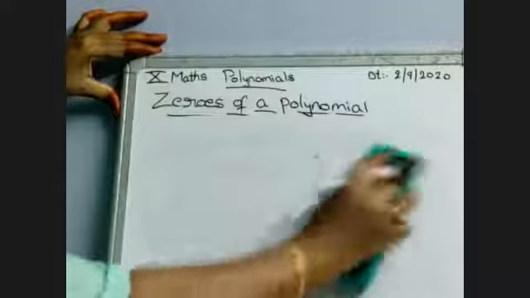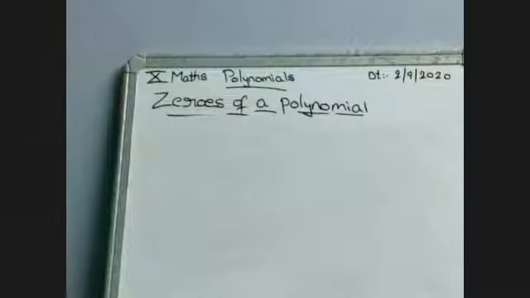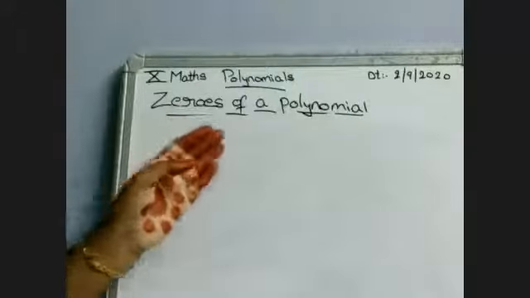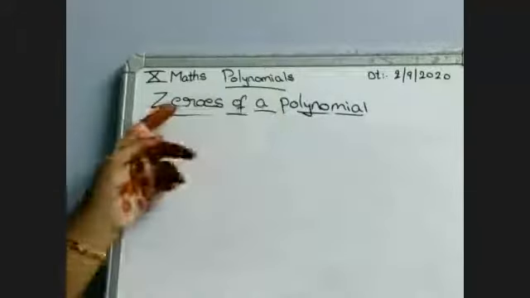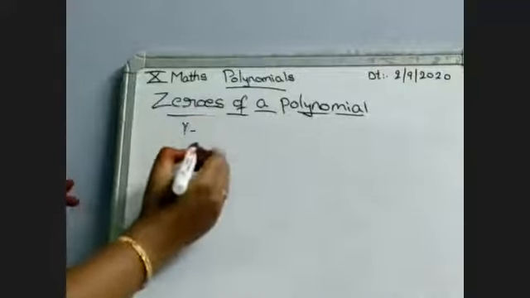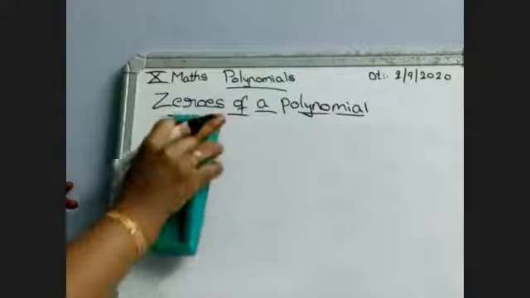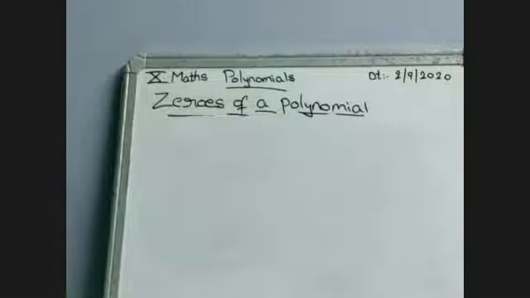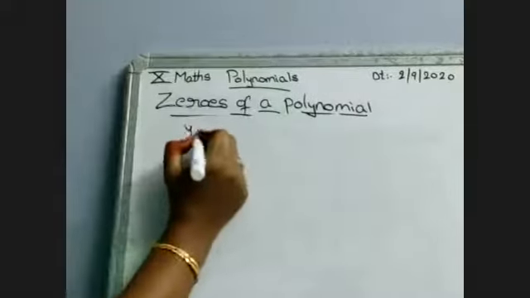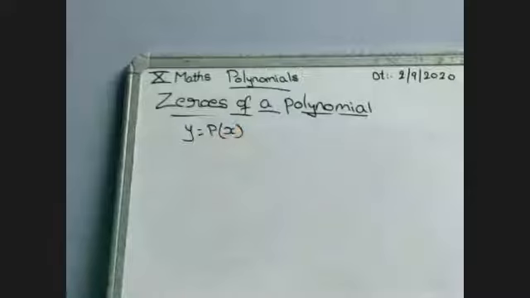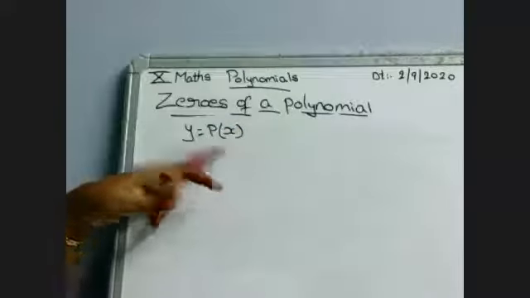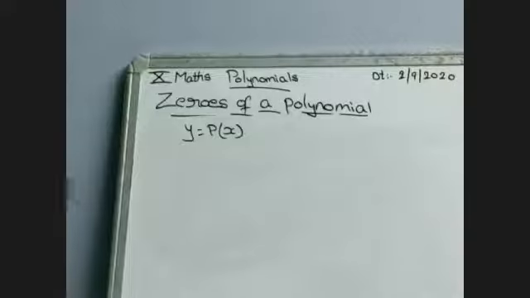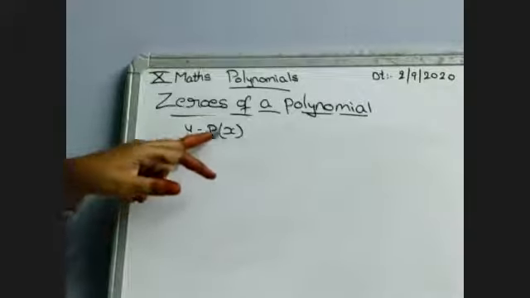I think all of you will get only one dot. Madam, only the x-axis, okay. Then what about the y-axis? It is cutting the y-axis also, so it will not come into the equation. So we can't say the y-axis is also zeros of the polynomial. Why? Because actually, how will any equation be represented? Actually in previous classes also we discussed, suppose y equal to p of x. Yes or no? That is the basic fundamental. In previous classes, from 9th class also, we had the graphs. In these graphs also we represent y equal to p of x.